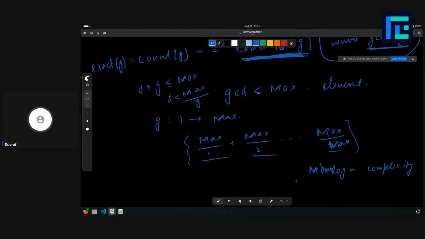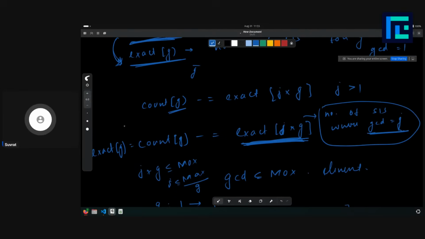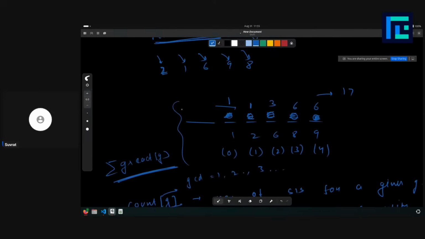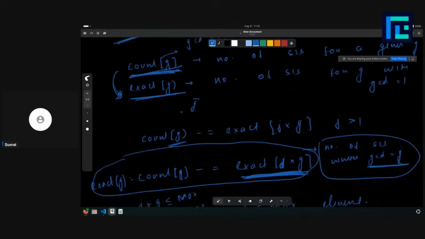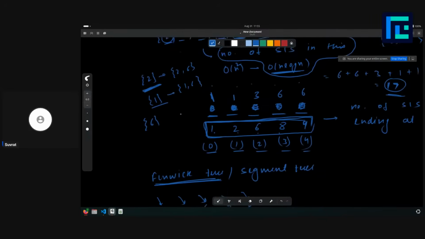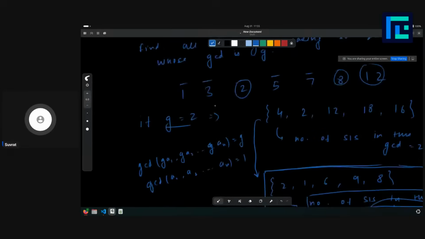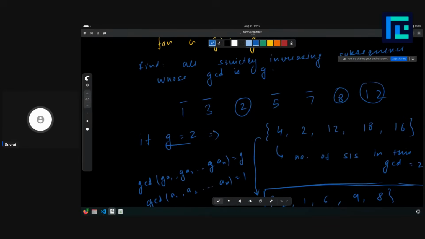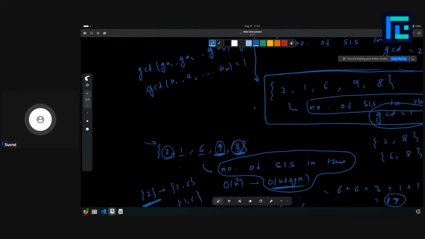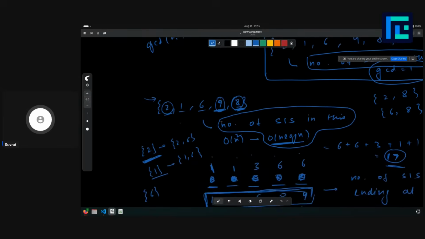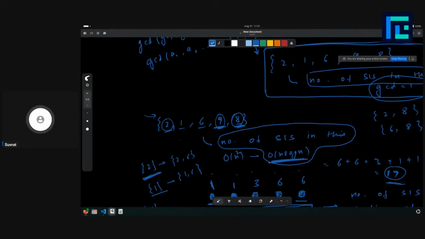This is max into log n complexity, actually max log max complexity. So we know that this loop will only be running max log max times, and now where did that go exactly? Yes, for this, for this also will go a maximum of max log max complexity, because for each O of n size array